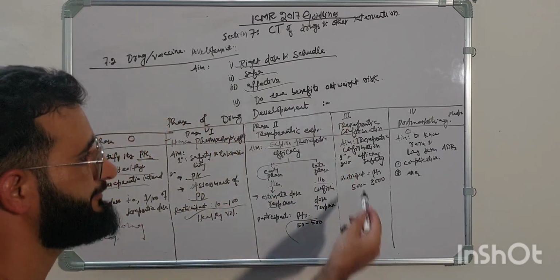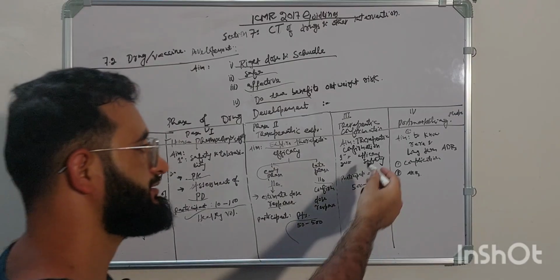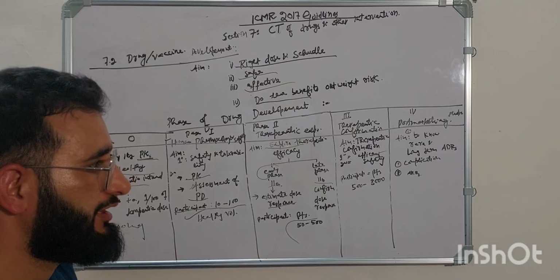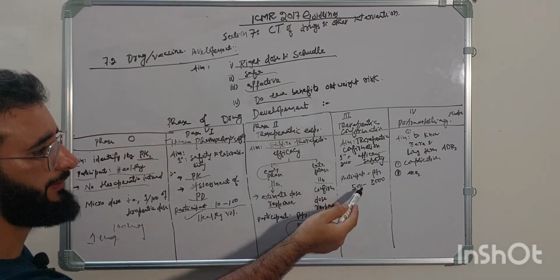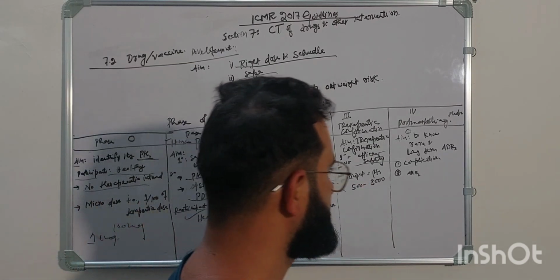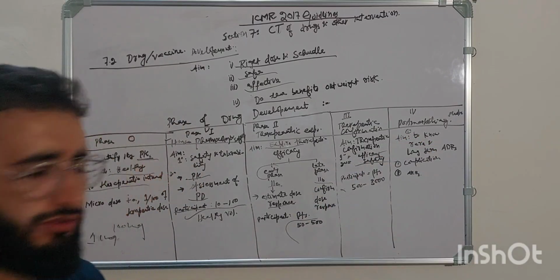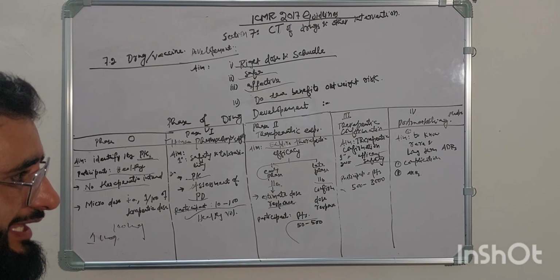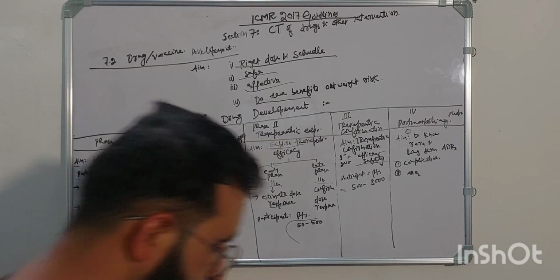Then phase 3, therapeutic confirmation. The aim is therapeutic confirmation. Primary is to confirm the dose and the efficacy of a drug in a larger population, and secondary is safety assessment also. For participants or patients, again they have not given the number, that is 500 to 3000. And then phase 4 is post-marketing surveillance. It is to know rare and long-term ADRs, complications in specific populations, children or lactating mothers or pregnancy, and this. So the next thing